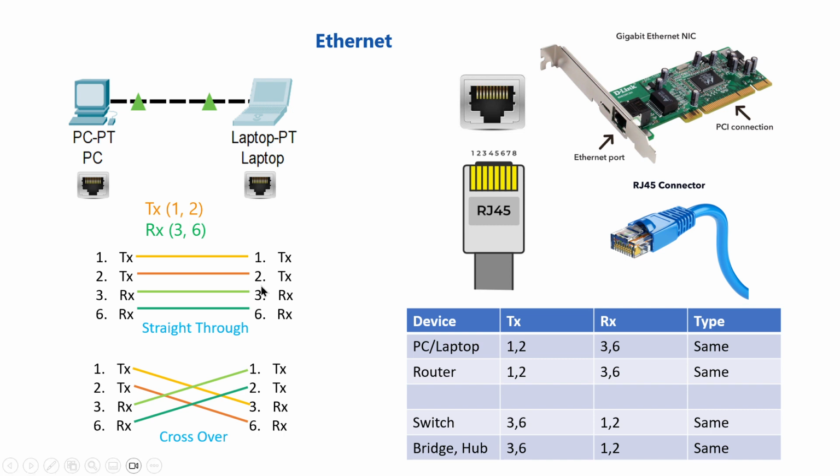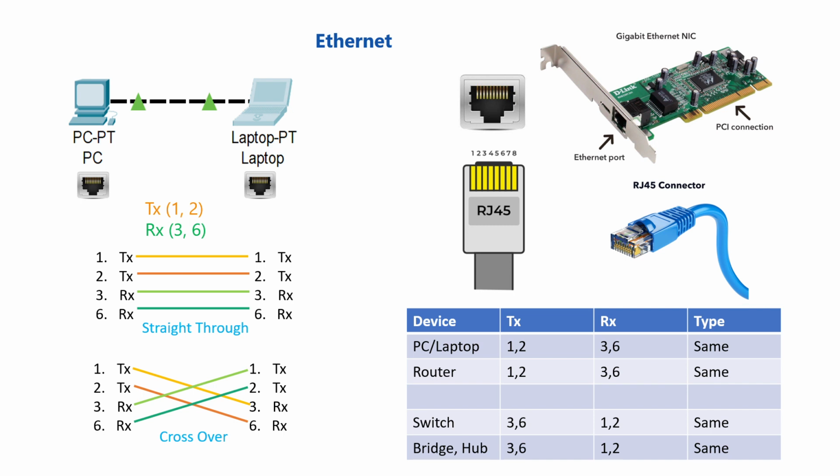So to be clear, pins 1 and 2 of the PC are going to be tied to pins 1 and 2 of the laptop. And if that is the case, then the laptop won't be able to receive. Because what we want is pins 1 and 2 of the PC to be tied to pins 3 and 6